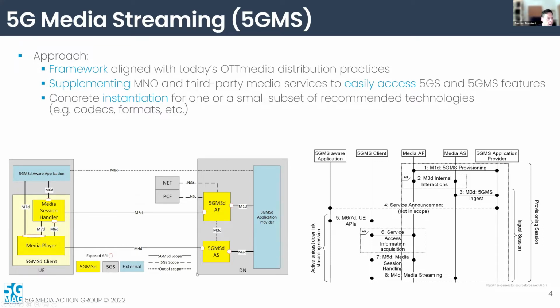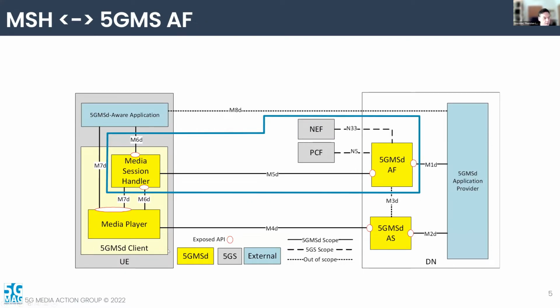Right. The interesting focus now is on these functions: the interactions between the media session handler and the 5G-MSD AF. There are different types of interactions that can be done on this level. The interesting thing here is the 5G-MSD AF can also interact with the NEF and the PCF. So these are two 5G-specific functions. One is the network exposure function, in particular more for external interactions, while the PCF is more for local interactions. In particular, this M5 interface is newly defined in